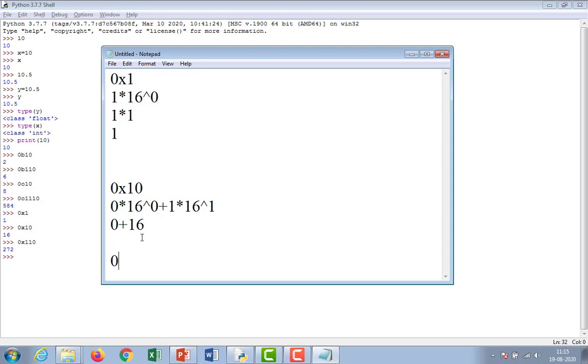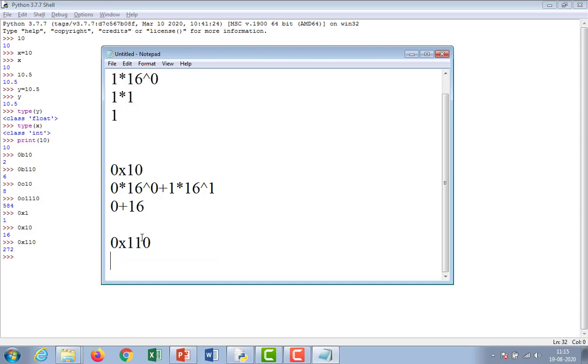Next, 0x110, enter. From left hand side onwards, 0 into 16 power 0, I think you people are all aware of this, but for the sake of your easy understanding, I am saying once again, please listen.